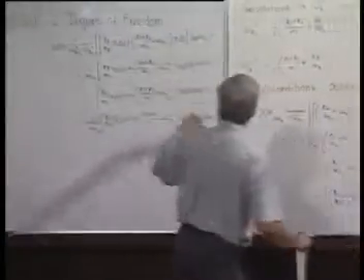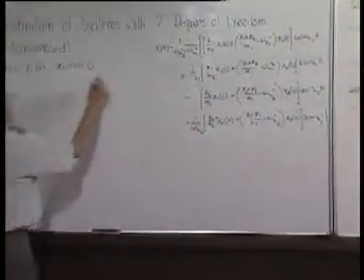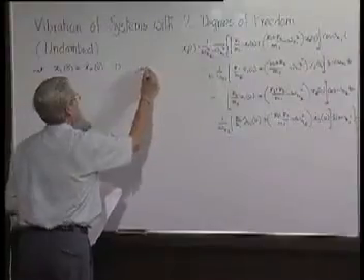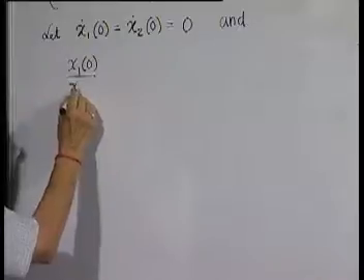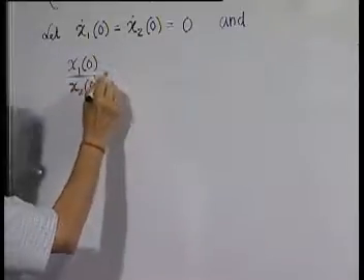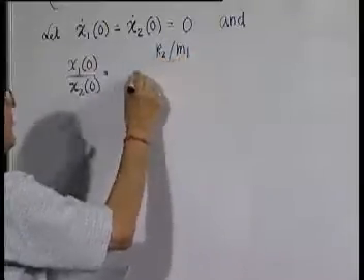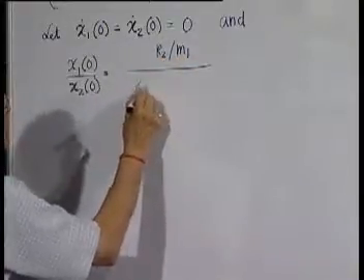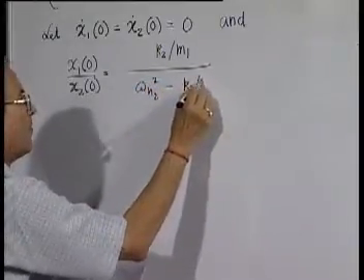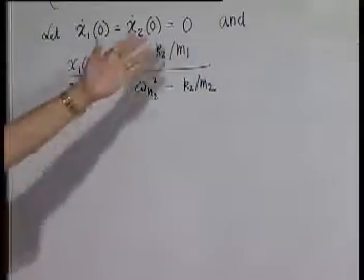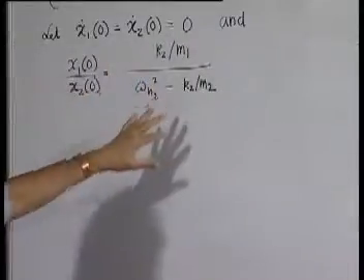Say for example, let both x1 dot 0 and x2 dot 0 be equal to 0. That is, there was no initial velocity given. So immediately the sine terms go. Next we give the ratio x1 0 by x2 0 as